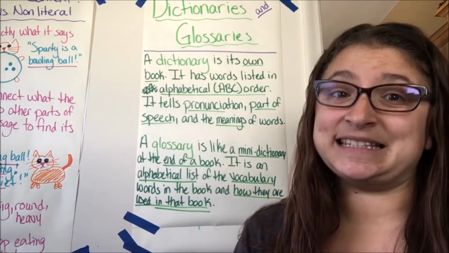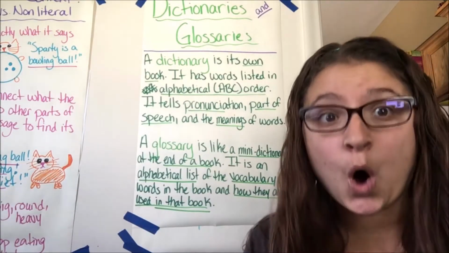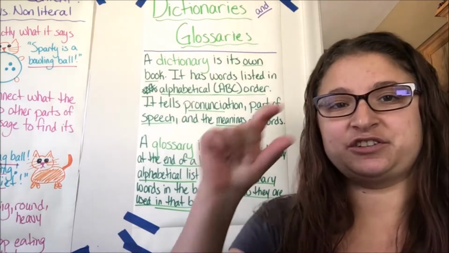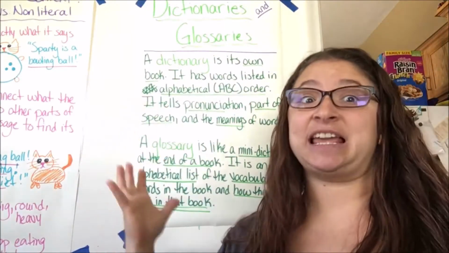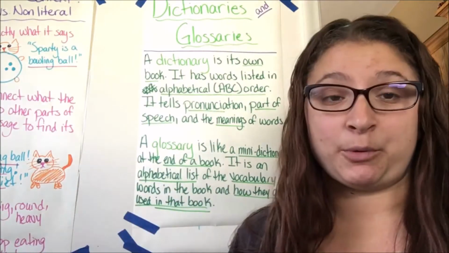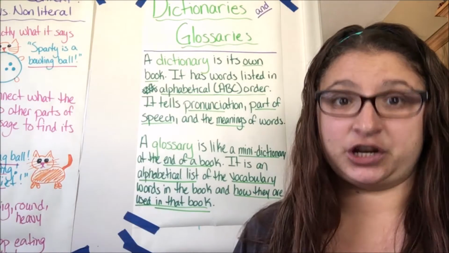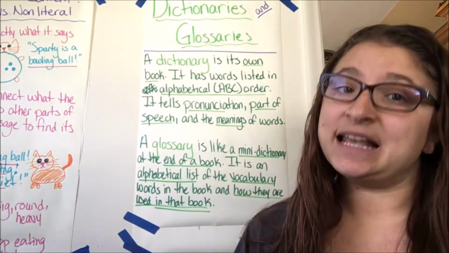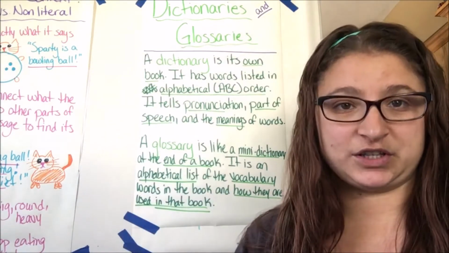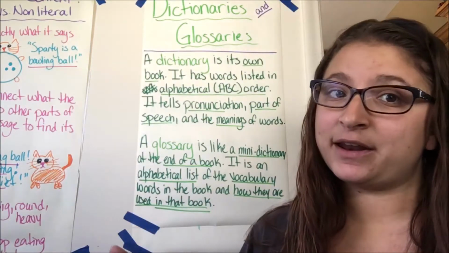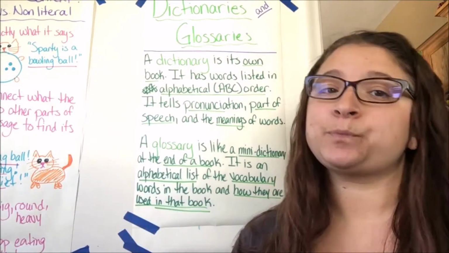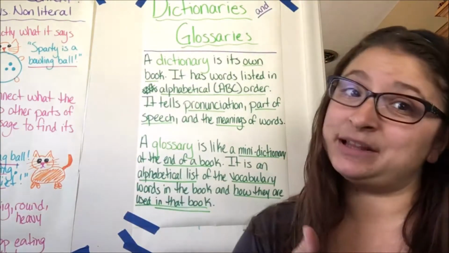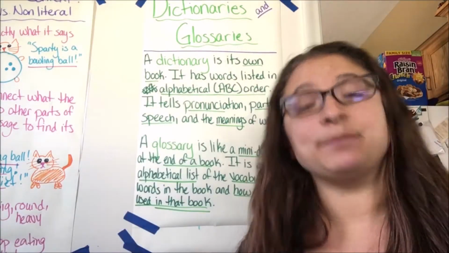So first we're going to think about a dictionary. A dictionary is going to be its own book. Now you can have dictionaries that are like this big or gigantic. Some of them are like multiple books. But usually when we think about a dictionary, it's its own book. And in that book, it has all of the words you can think of, and they're going to be listed in alphabetical or ABC order. So you're going to find apple at the beginning and zebra at the end because they're all going to be